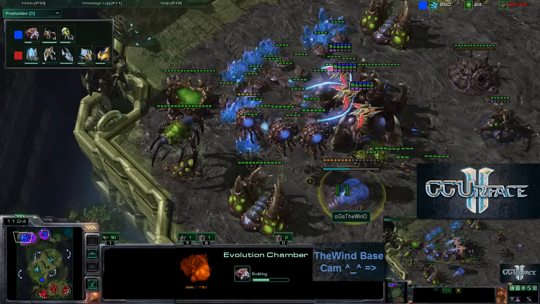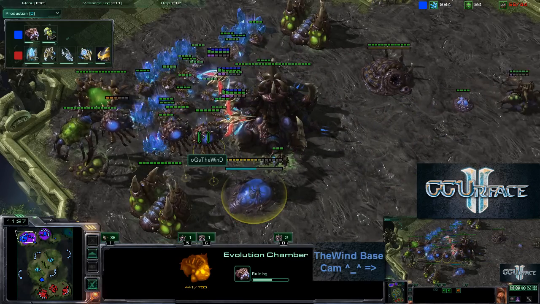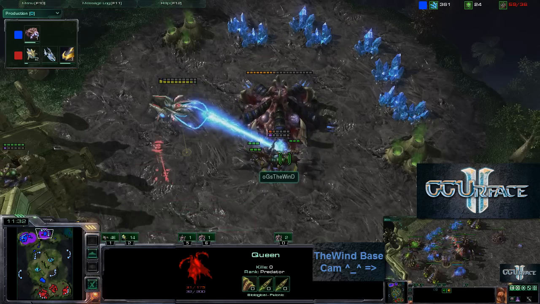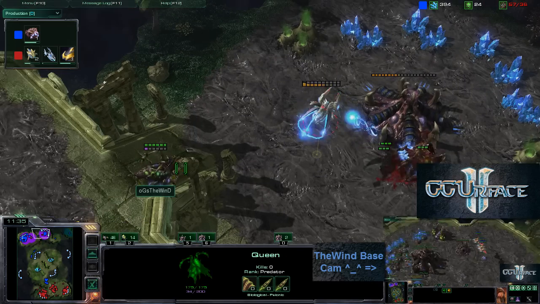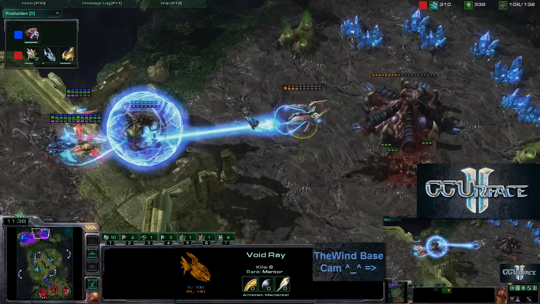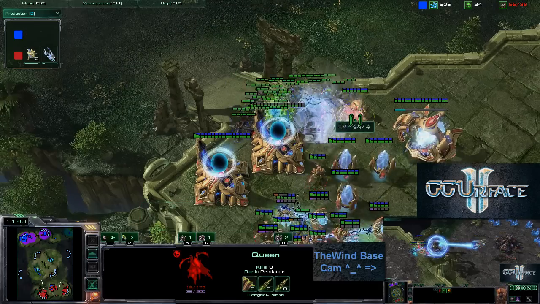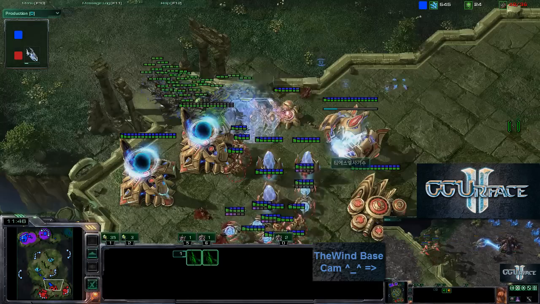And there's also an Evolution Chamber. Evolution Chamber is required for the Spore Colony, or the Spore Crawler, I believe, and this Queen is going to go down as well. 2 Queens trying to kill off this Void Ray. Will he be able to do it? Ooh, the Phoenix comes over and picks up the Queen. The Queen, once again, in 0 gravity, and he does bust the Forge, but he cannot go in,